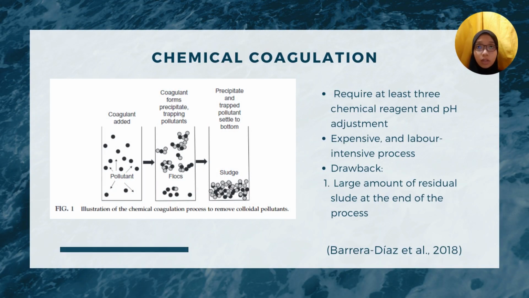Chemical coagulation requires at least 3 chemical reagents and pH adjustment, which makes it a very expensive and labor-intensive process. So one of the main drawbacks of chemical coagulation is that it produces a large amount of residual sludge at the end of the process. Actually, chemical coagulation is one of the traditional treatments that has been introduced to treat fat and oil